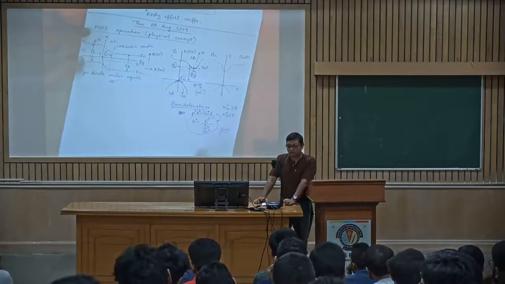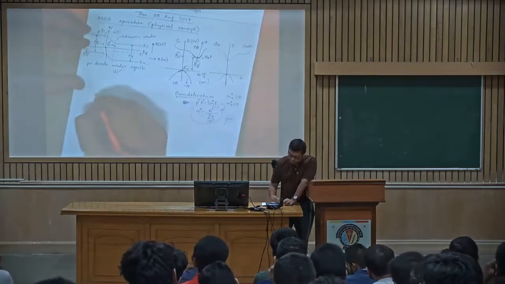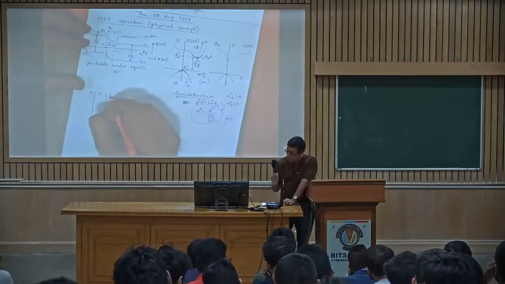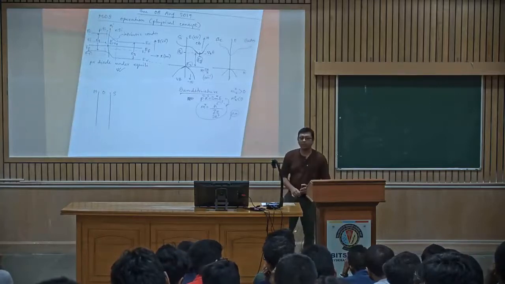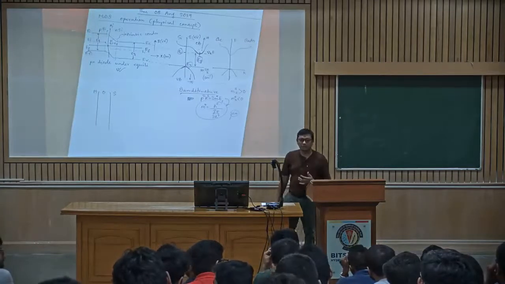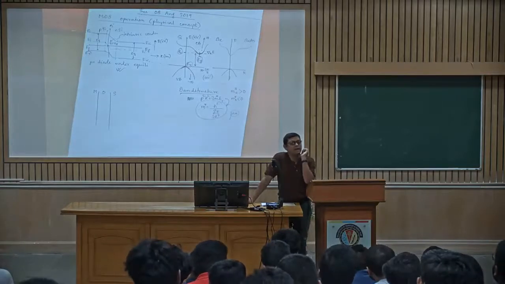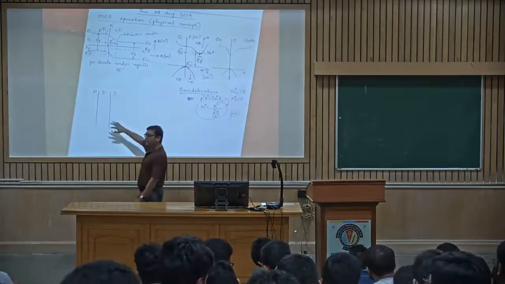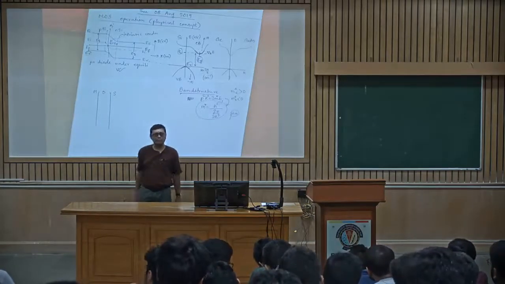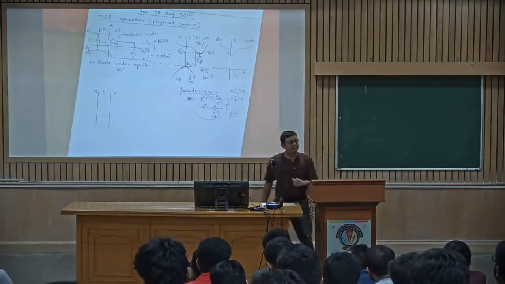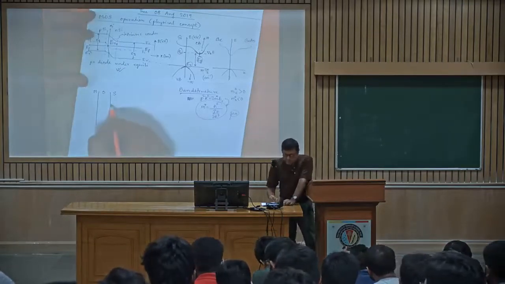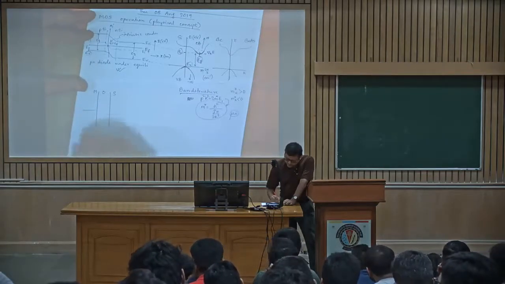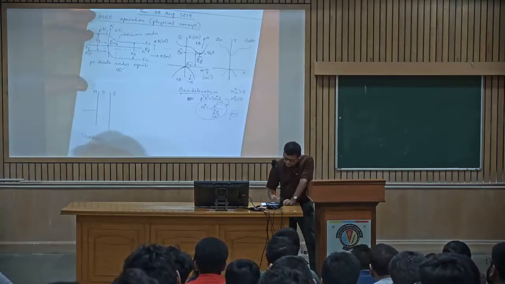Now let us go into the MOS thing. So we will first start with an ideal MOS structure. Ideal means that when we have not applied any biases, the bands are completely flat. So bands are completely flat, meaning that it is a flat band condition, but you have not applied any biases. So basically we will write here VGB equal to 0.